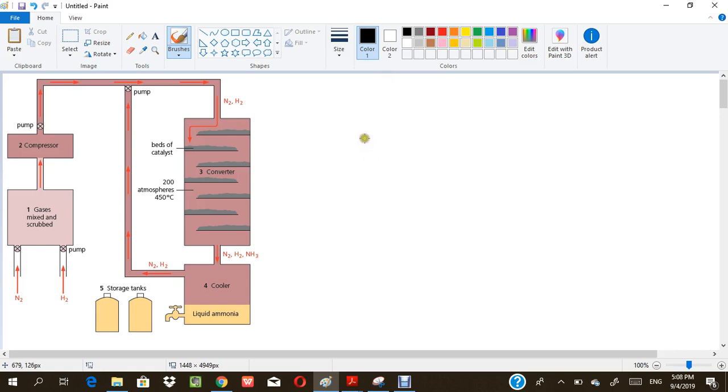So let's begin. We'll start off with formation of ammonia, right? And formation of ammonia is done by a process called the Haber process. Haber process, it is a process for formation of ammonia. And the name Haber comes about because it was founded by a guy named Fritz Haber,